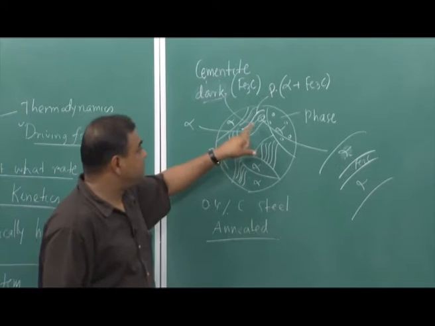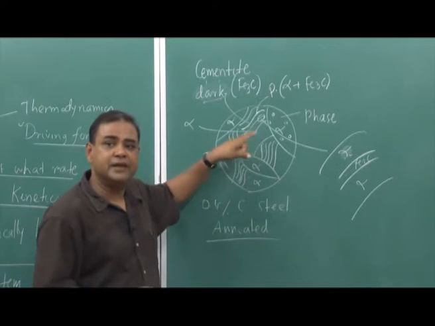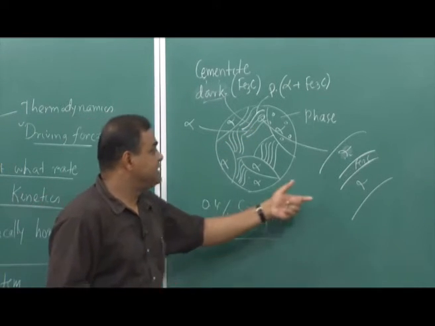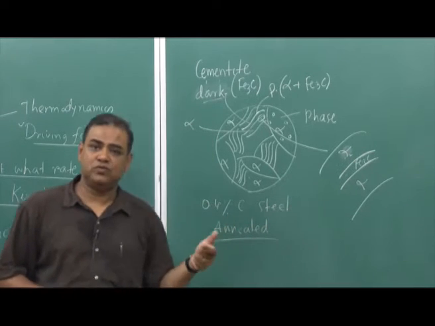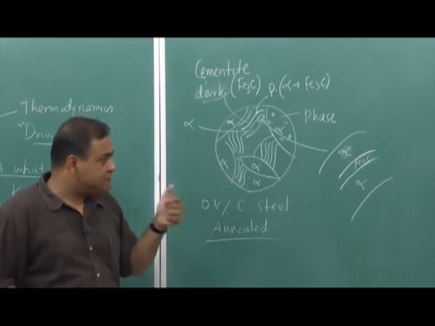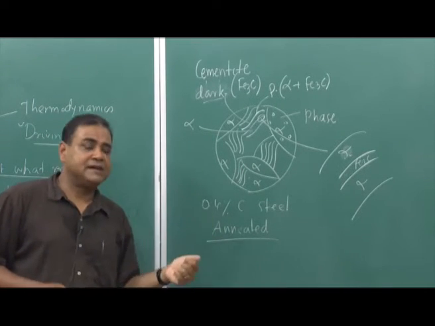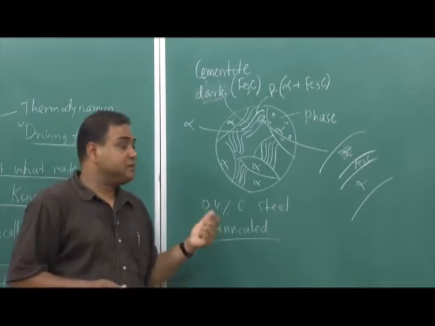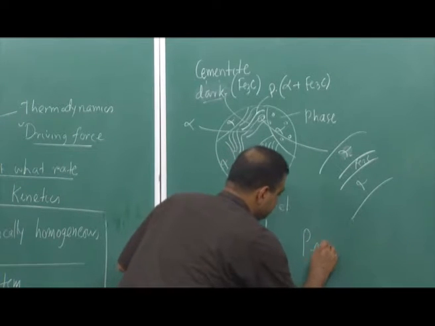So, that means the perlite is not a phase, rather it is a mixture of two phases. So, that means it is a phase mixture. So, never make a mistake like thinking that perlite is a phase. The perlite is not a phase,